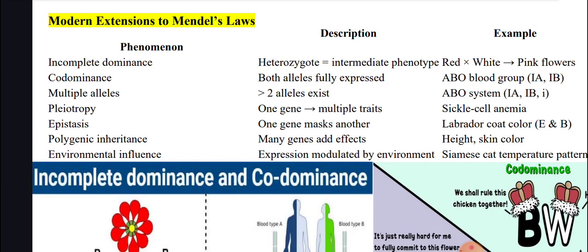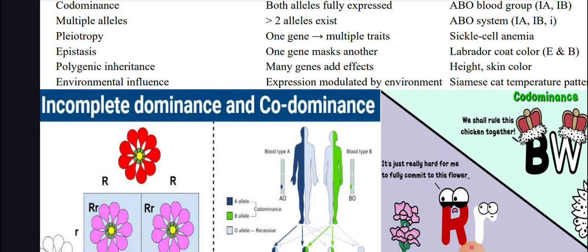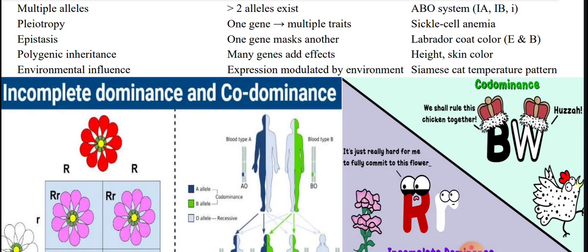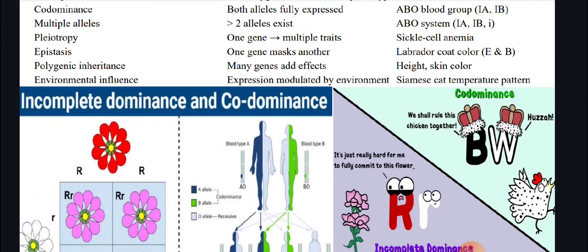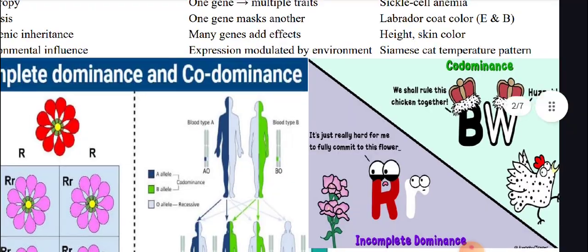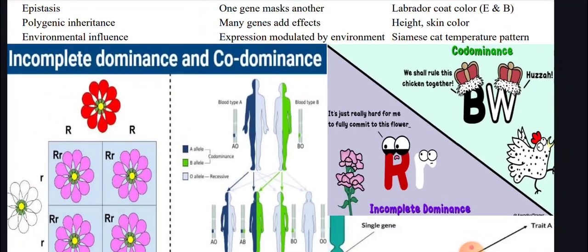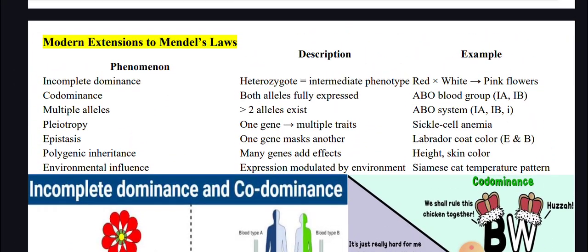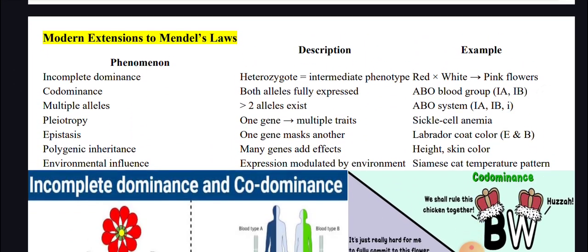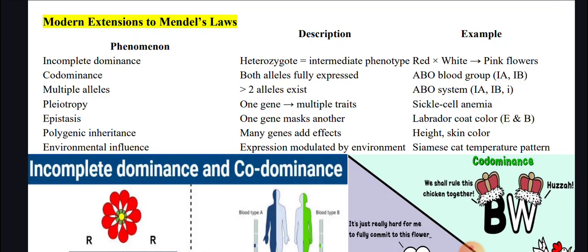In codominance, both alleles are fully and simultaneously expressed in the phenotype. Neither one masks the other, and you don't get an intermediate blend. Both traits show up. The go-to example here is the human ABO blood group system. You have alleles for the A antigen, IA, and the B antigen, IB. These two alleles are codominant with each other, meaning if you inherit both, one IA from one parent and one